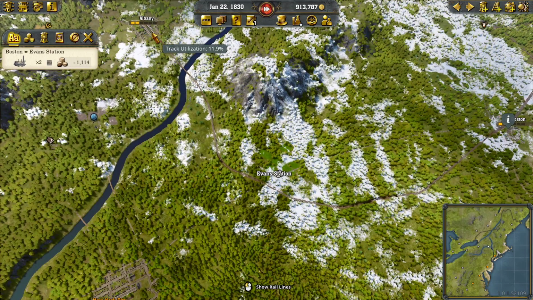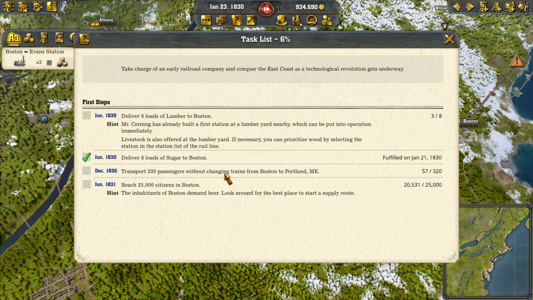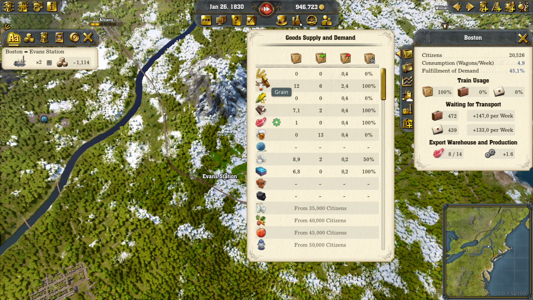That's now going to take goods from Albany to Evans and Boston to Evans to then take on to the follow distance. So we've now done deliver 8 loads of sugar. We now just need to do the passengers and deliver 8 loads of lumber to Boston, which we're currently working on. We also just need to reach 25,000 people in Boston. So to reach that, we just need to really hit the demands. They are demanding some grain. They've got the livestock. They're also demanding some corn. They produce meat, which needs livestock. They do demand...